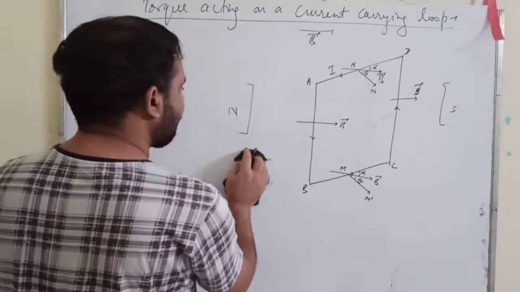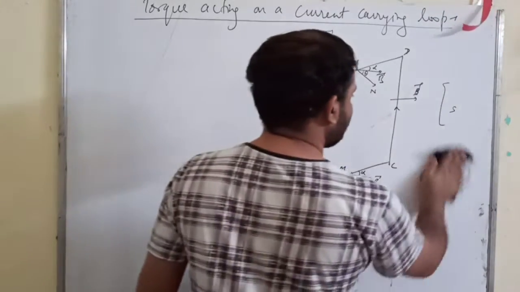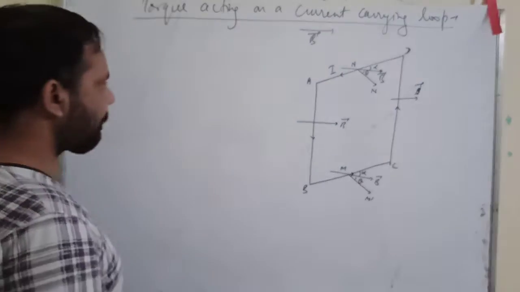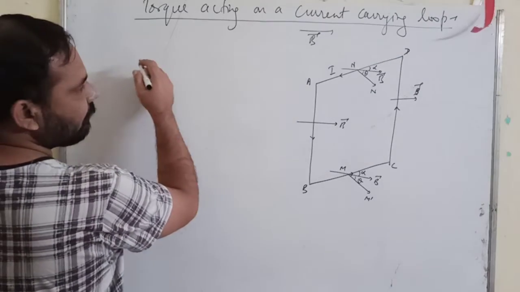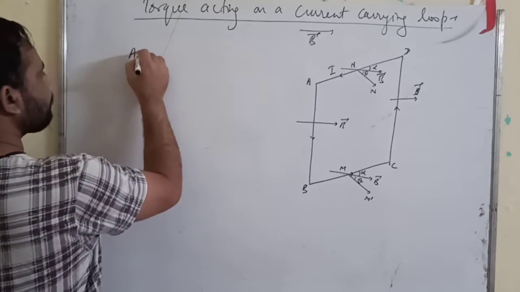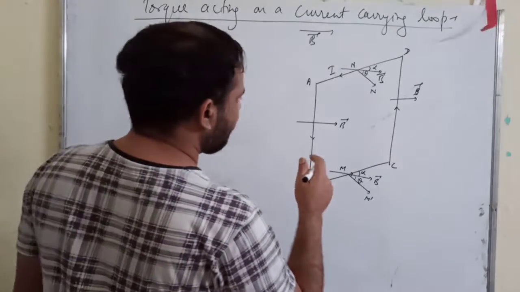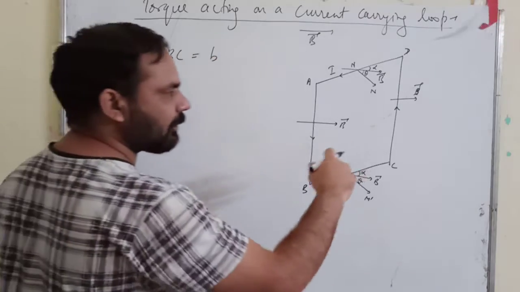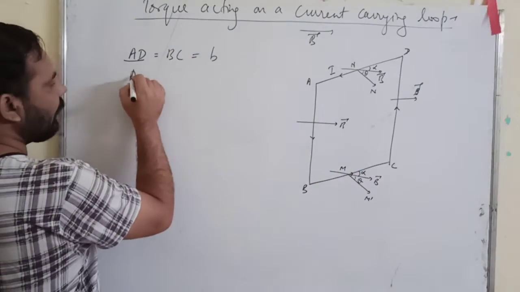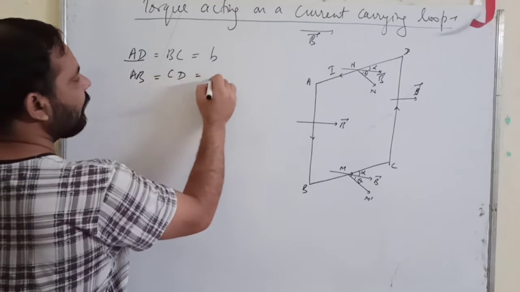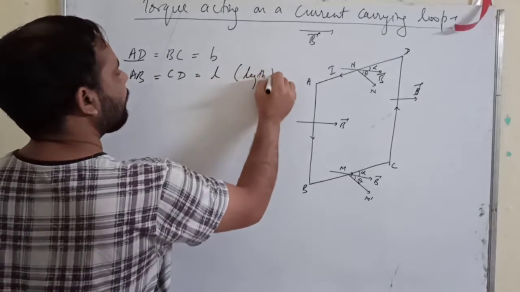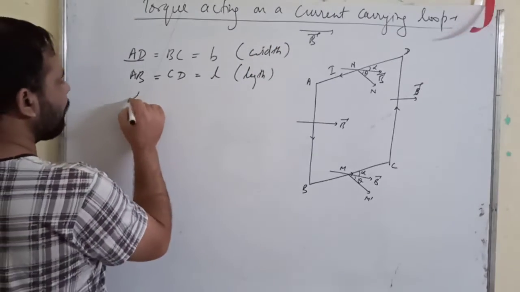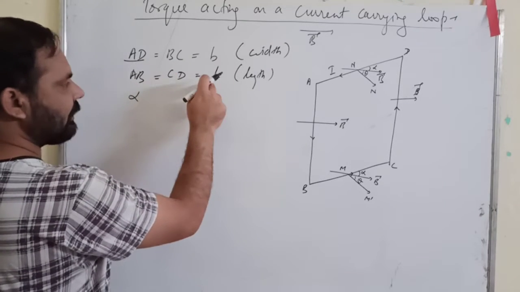So we assume that here we have a magnetic field, so I am removing this. No need of showing these magnets. It is understood that there is a magnetic field here. Okay. Now we take this branch AD. One more thing we can suppose here, that let AD equals to BC equals to B, the breadth of the coil, width of the coil, and AB equals to CD equals to L, the length of the coil. This is width of the coil. So we have few things. They are breadth, these are length.